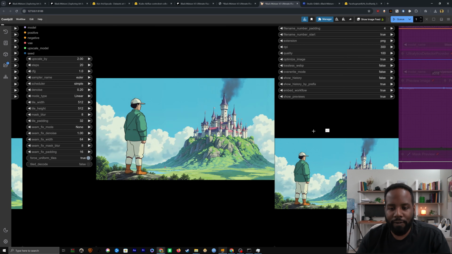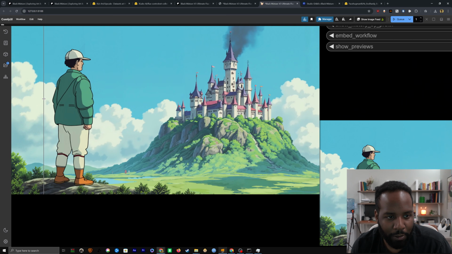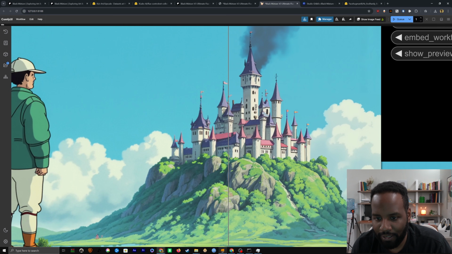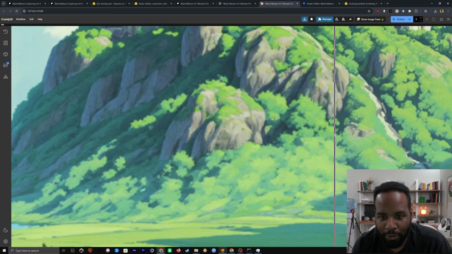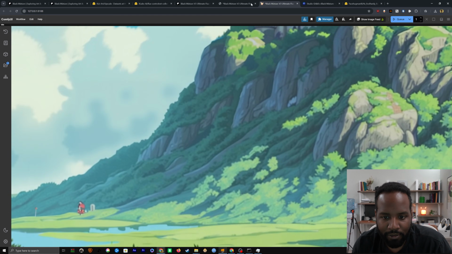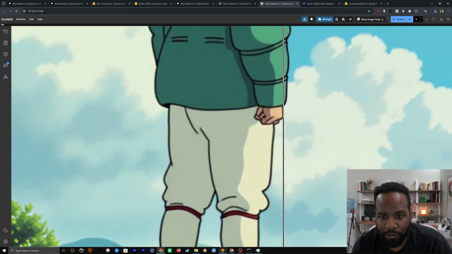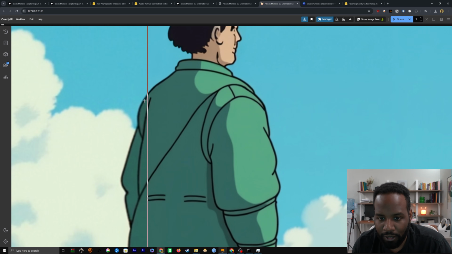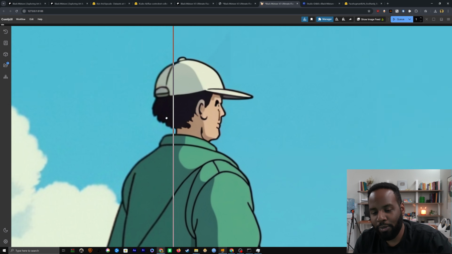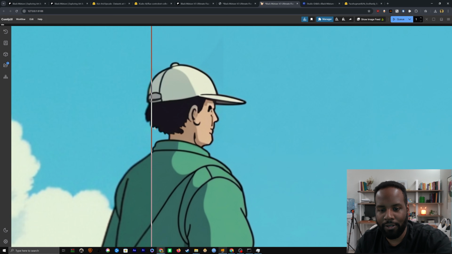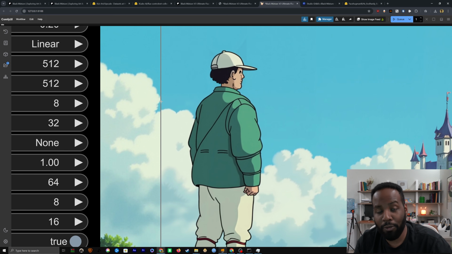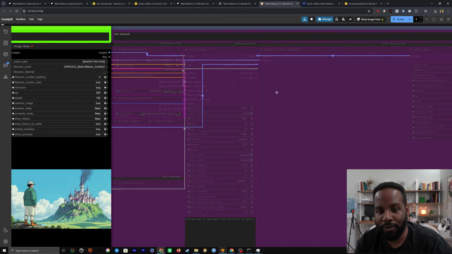And here we have our final upscaled image, which we can compare it to. So here you can see there's so much more detail on this mountainside and this castle, as well as even the lake and some of these foreground features. You can also see parts of the clothing get much smoother, and you can probably see parts of the head here looking a little bit messed up still, but that's normally why we leave our face detailer for the very